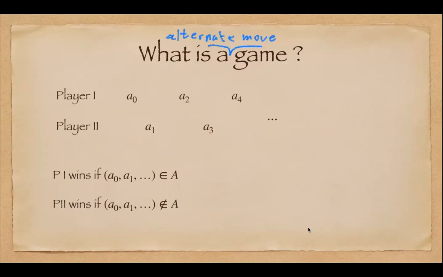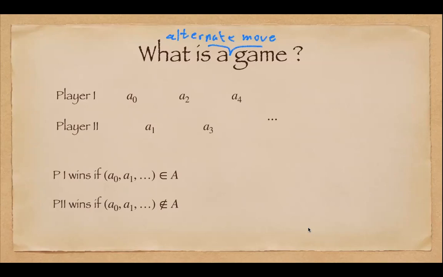So what is a game in this talk? We're talking about, as Miklos said, alternate move games, and not only alternate move, but also we have a winning set. But in this talk, I will just call it a game. Okay, so this is a game. The game is played in moves, and in the first move, player 1 takes the move A0, then player 2 plays A1, and then A2, A3, and A4, and so on.